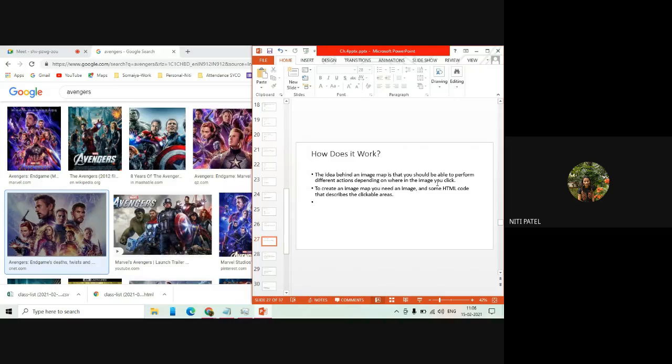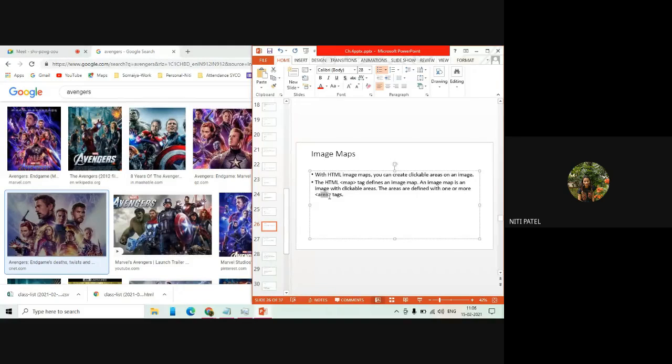To create an image map, you need an image, and some HTML code to make that area clickable. ठीक है, तो एक तो image का code as it is रहेगा, क्योंकि वो image display हो इसलिए. उसके अलावा क्या रहेगा? Extra HTML code which will be talking about the map tag and the area tag.